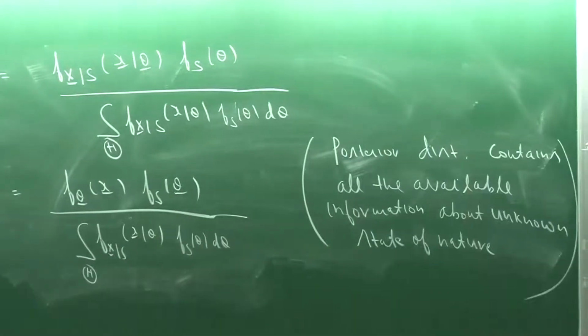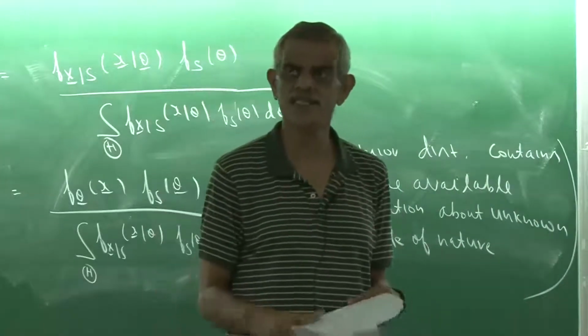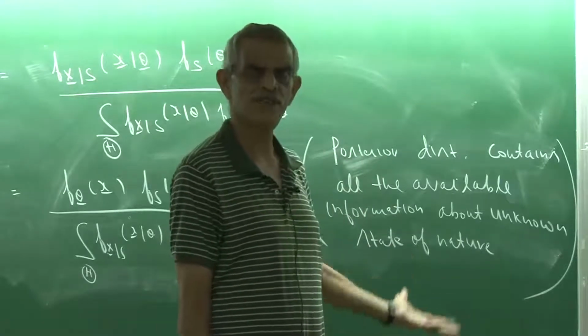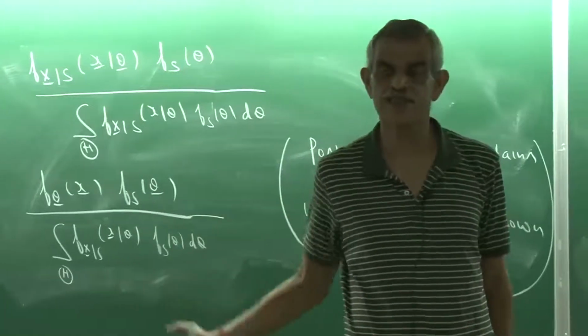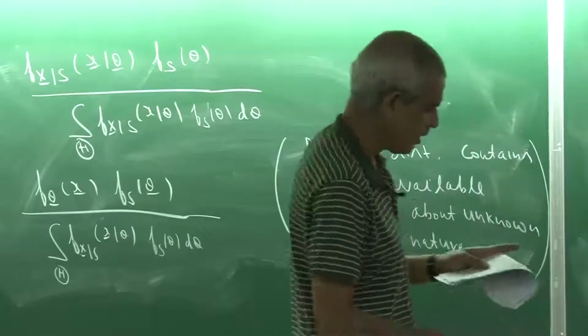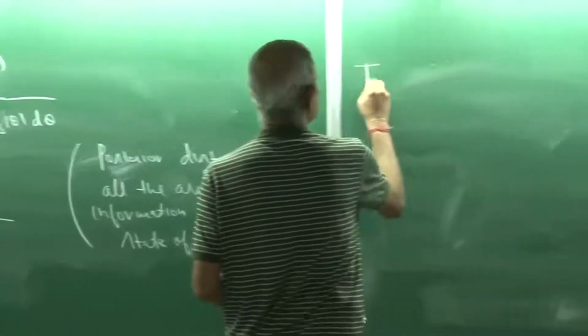So for that, in the Bayesian setup, it makes sense to minimize the average risk or to find the Bayes rule. And we'll see that the Bayes rule is the one which minimizes the posterior risk. So I can talk about posterior risk. The usual risk was the frequentist risk. I can talk about the posterior risk or the posterior loss. So let me write this down as a theorem.